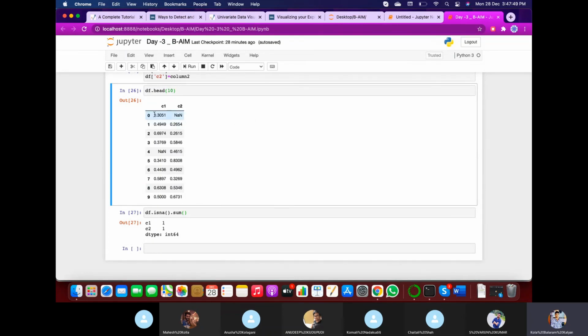So let us suppose the mean value of the first column is adding 0.3 plus 0.49 plus and so on, by 9 variables, divided by 9. So the mean value, let us suppose, is 0.5. So the 0.5 will be placed in the place of NaN, so that there will be no missing value, and the cell will be filled with the mean value.